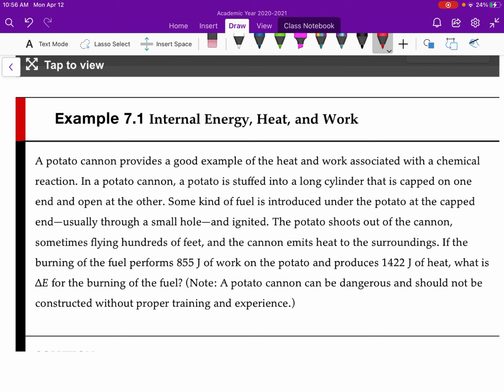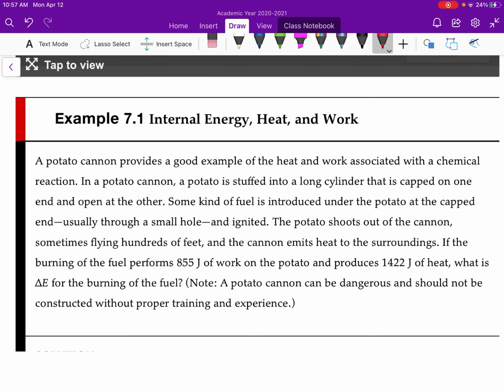We have a potato cannon, right? Which is basically a cannon device that shoots a potato. So it provides a good example of heat and work associated with a chemical reaction. In the potato cannon, a potato is stuffed into a long cylinder that is capped on one end and open on the other. Some kind of fuel is introduced under the potato at the capped end, usually through a small hole, and ignited. The potato shoots out of the cannon, sometimes flying hundreds of feet, and the cannon emits heat